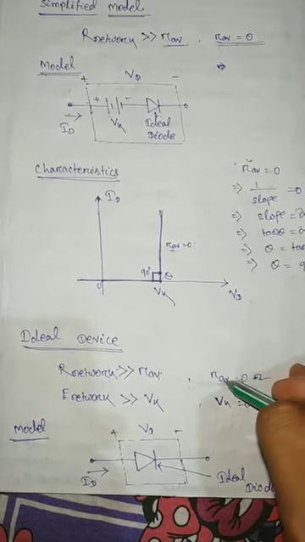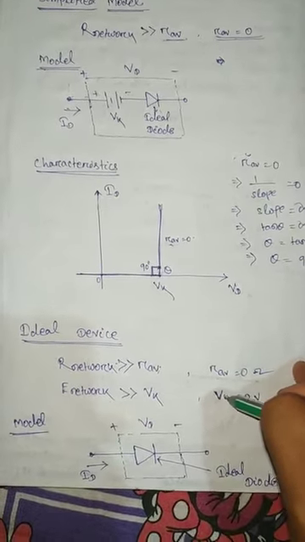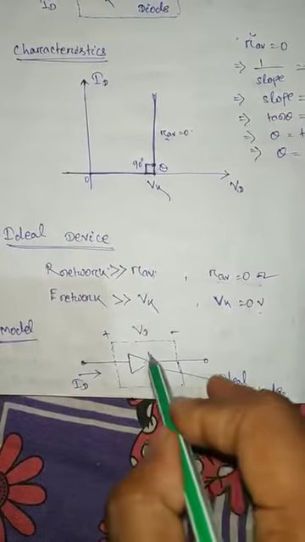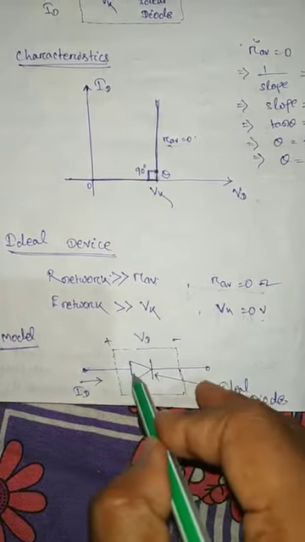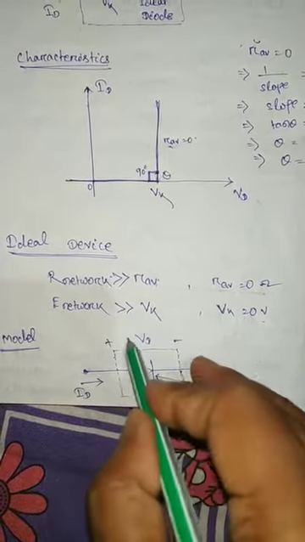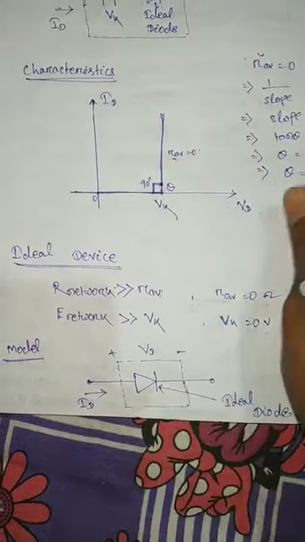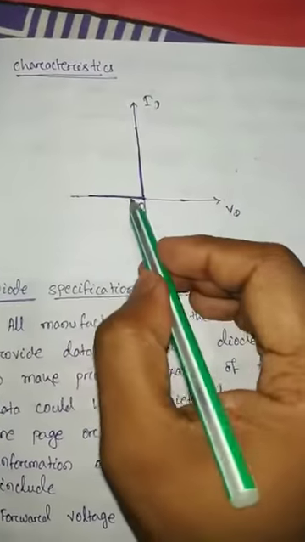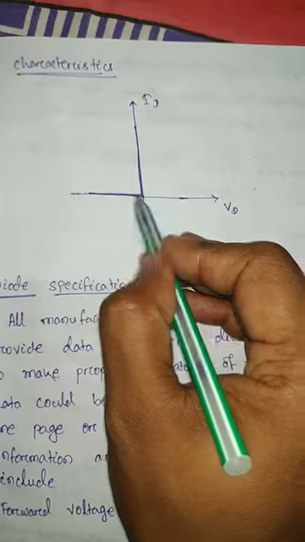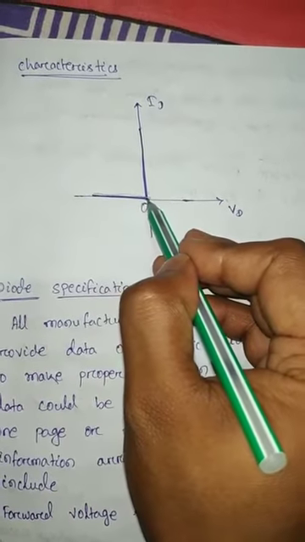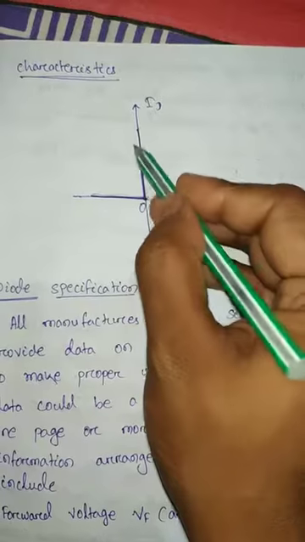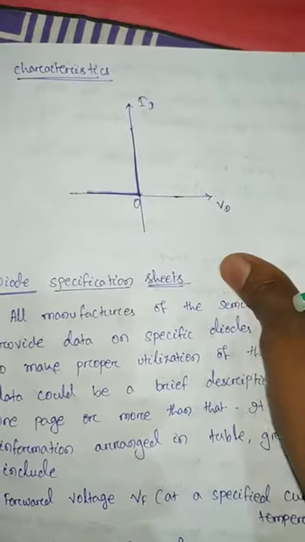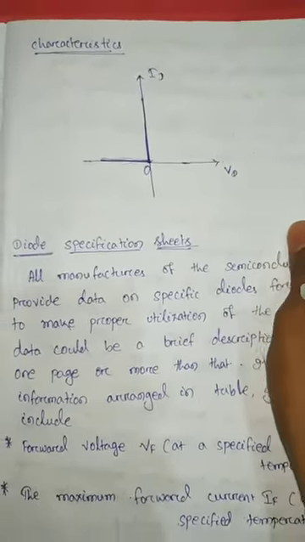So now, eliminating the average resistance and barrier potential voltage, the model can be represented in this manner. There is only one ideal diode in this figure, with the current through it Id and the voltage drop across it Vd. Now the graph for this model, as we have already discussed in the previous video lecture, for the ideal case: the current in reverse bias is 0 and the voltage in forward bias is 0, and the current is Id. So the graph is represented in this way. I hope you understand the equivalent circuit models of the diode.